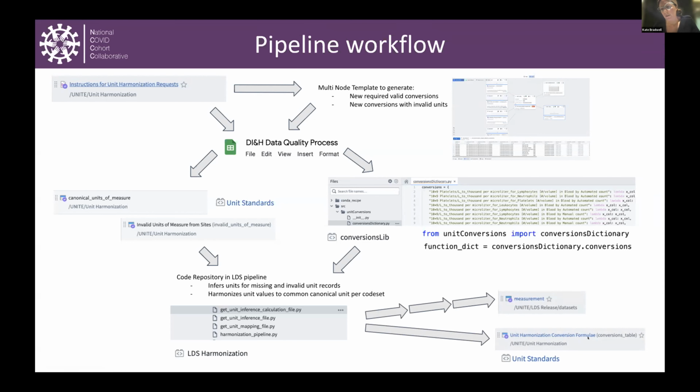So this is just a reference. It's not used as an input to the pipeline. It's just built after each data release. So every Tuesday, I put this on a schedule to build so that if we add new conversions into the conversion dictionary,